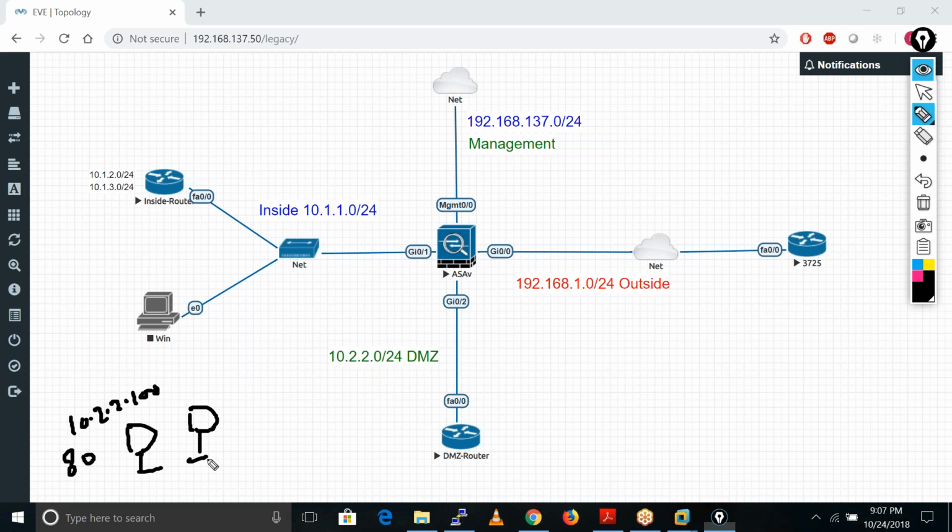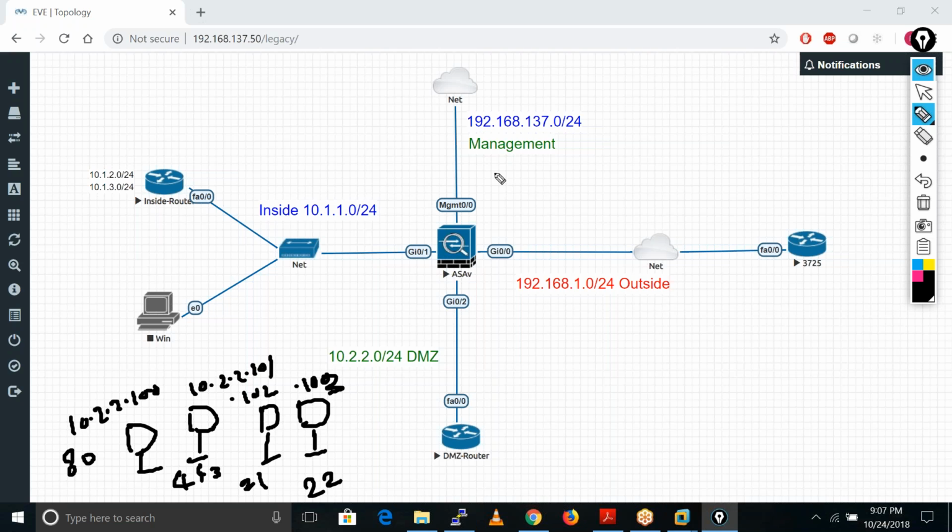I'm just using standard services. This is another server running the service on port number 443. This is another server having the IP address 102, and the port number is 21. And this is also a server which is running the service on port number 22, with the IP address 103. So that's how we have 4 servers.